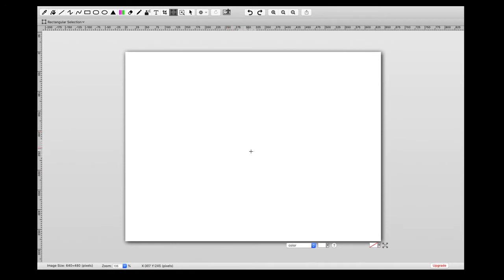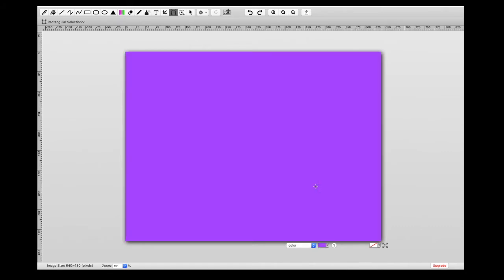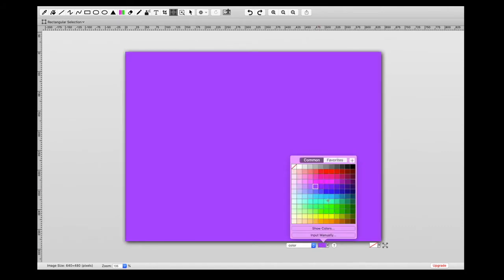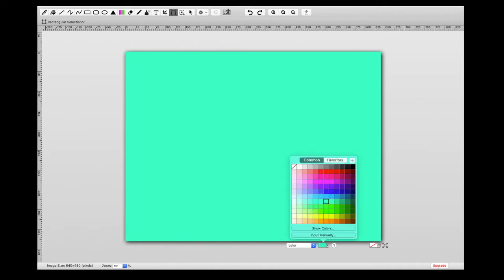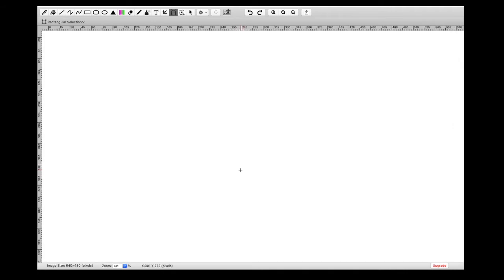Now if you want to change the color of this white screen, you can change it from here. Color, any color which you want, you can choose from here. So let's do with white only. Now you will see many tools here. Now I will show you how to use these tools. I will not show you all the tools, but the important ones.